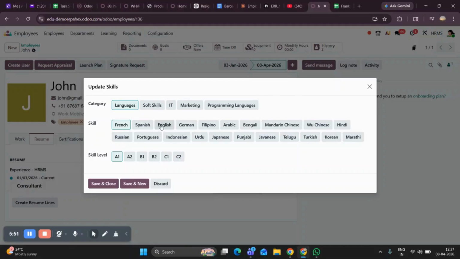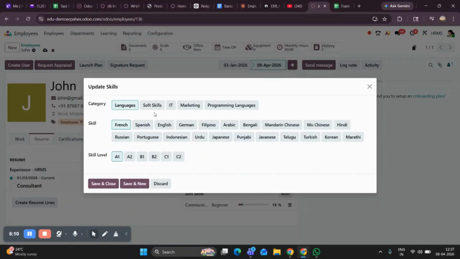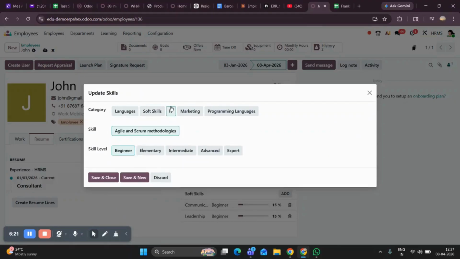If you want to choose the language, that is English in language, then you just click on save and new, and then go to the soft skill, and here you can add your skills, like communication. Save and new, and if you have any other soft skill, you can add that as well, like leadership. And then in IT, I can add my skill like agile and scrum